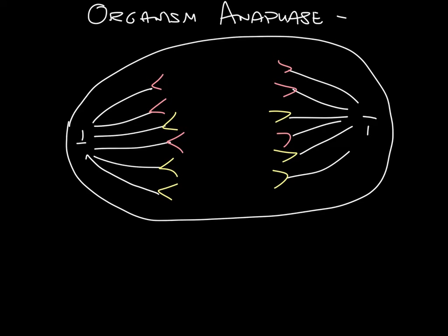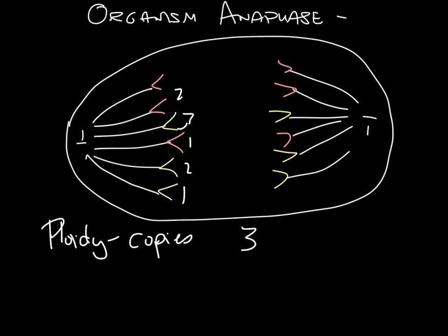What would you tell me about the ploidy of this organism? Well, how do you do ploidy again? Count how many copies do you see of any color or any individual chromosome? So how many yellow? 1, 2, 3. So we have 3 copies of yellow, and we have 3 copies of pink. So this organism is 3N,